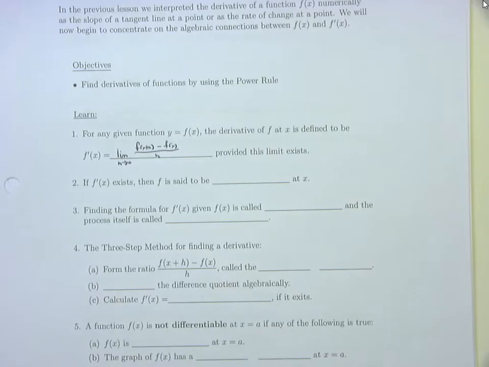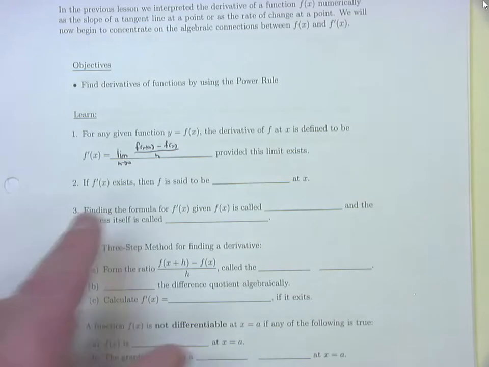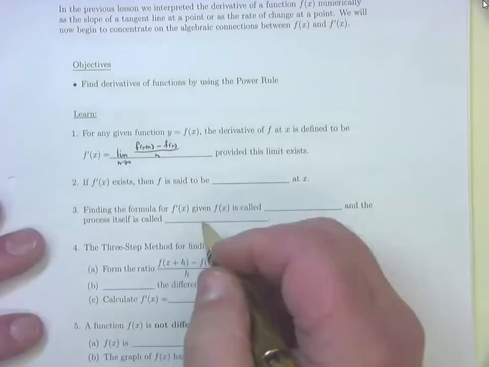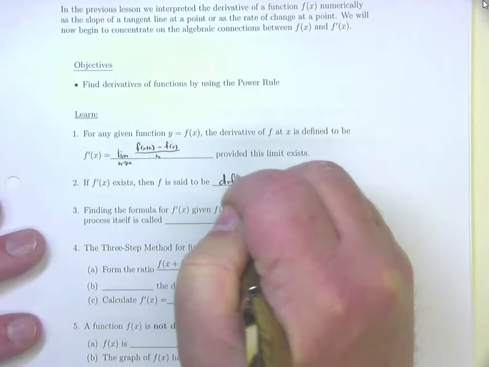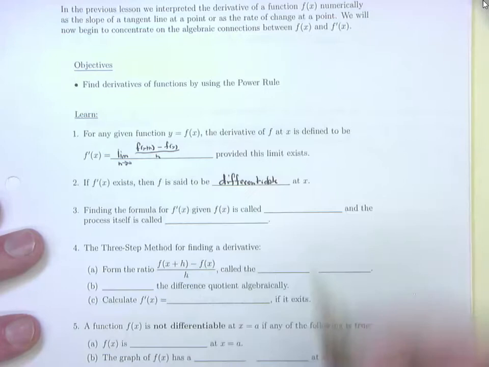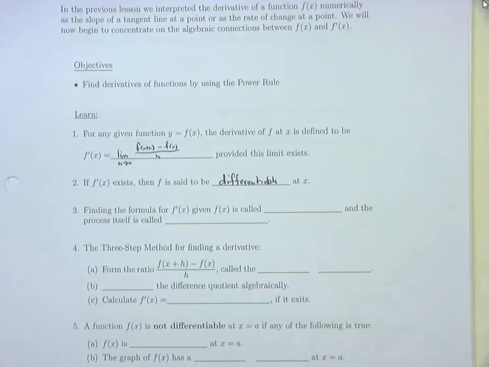Now, this is terminology. I'm just trying to get you into the terminology of this stuff. If f prime of x exists, then f is said to be differentiable. So when you hear the word differentiable, it means you can take the derivative of a function. It's just getting used to the calculus terminology. Finding the formula for f prime of x, given f of x, is called